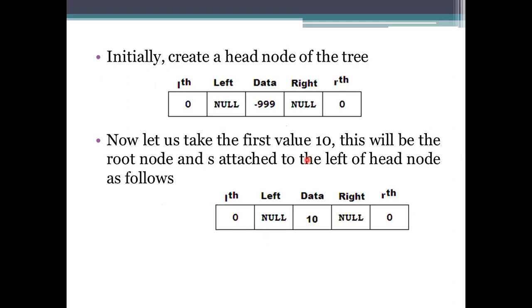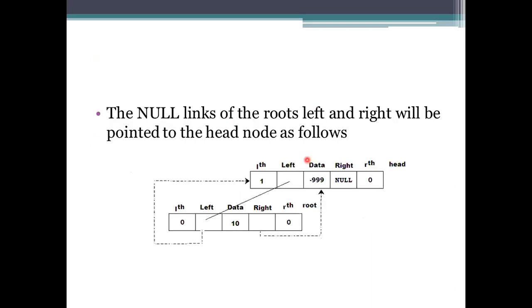So the left pointer and the right pointer will be null because it is not having any data. And whether there is a left child or a right child, we need to represent that. And the data means the element that is inserted here. Consider we inserted the element 10. The root node will be considered as 10 here, and since it is the initial node, there will be no change in the pointer representations, the child, and the thread representations.